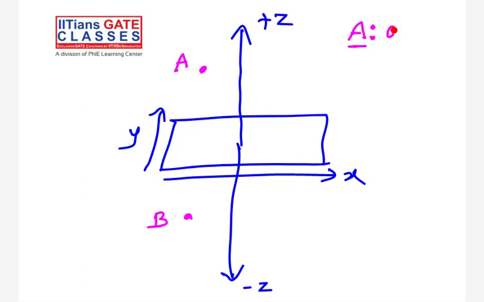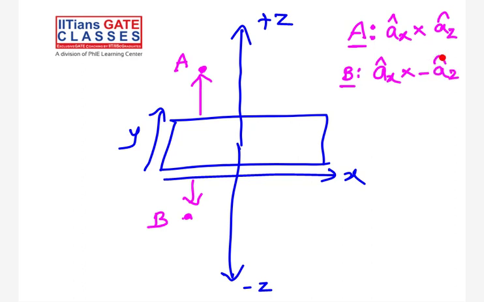Current remains the same. Current lies in the X direction. And what will be the radial direction? Since the point is on the top side, the radial direction will be from source to observer. So you are going to move it in the positive Z. Is it clear? Now similarly, when you are on the bottom side, current remains the same. And what about the radial direction here? Negative Z. Now you got the point. So here you are going to get minus AY and here you are going to get plus AY. You got the point right now?